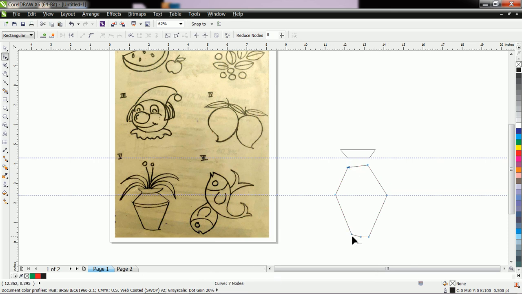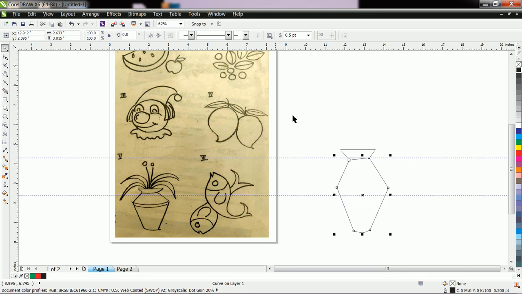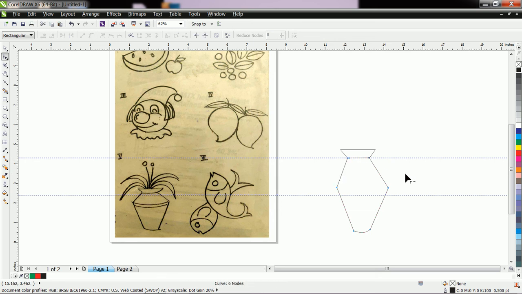Okay, convert to curve. Here also you can use guideline. Okay, like this. Suppose we want this shape here, we put it here. Then with the help of shape tool, arrange the shape.